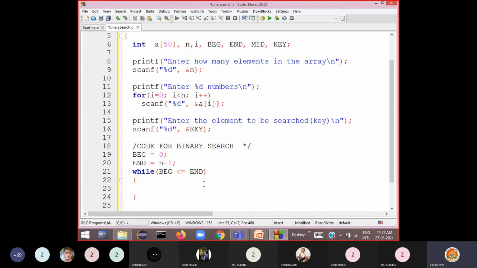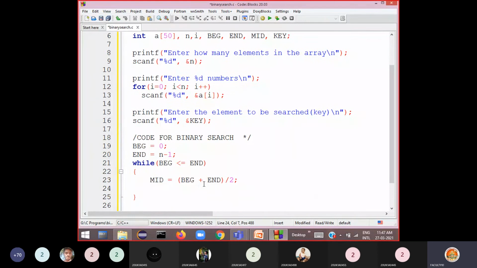What is the first thing to be done here? We need to calculate the middle element location, the mid value. Mid is equal to, how can we calculate the mid value? Beginning plus end by 2, right? Beginning plus end by 2. Now you got the middle element location.